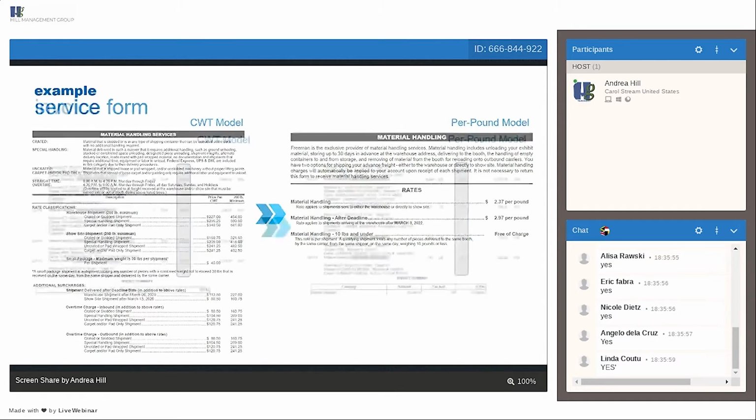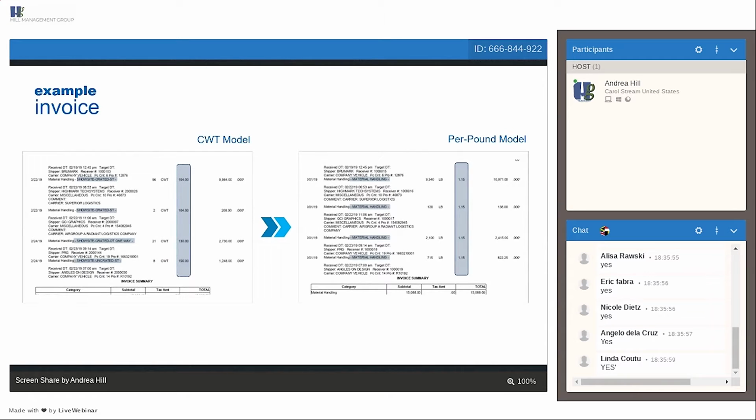You can go to the next slide. That should be up. And this is just an example of what your final invoice will look like at the end of the show, showing what it used to look like in the old 100-weight model and what it will look like now in the per pound model. Any show site services such as material handling or labor, anything that needs to be calculated on site, we will be passing out invoices. You'll also get your invoice emailed to you during the show before the close of the show, so that you'll be able to look at the invoice and settle any outstanding